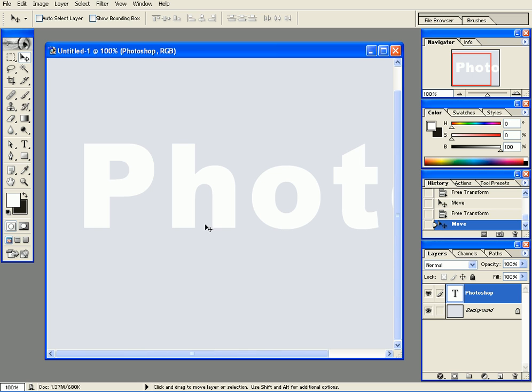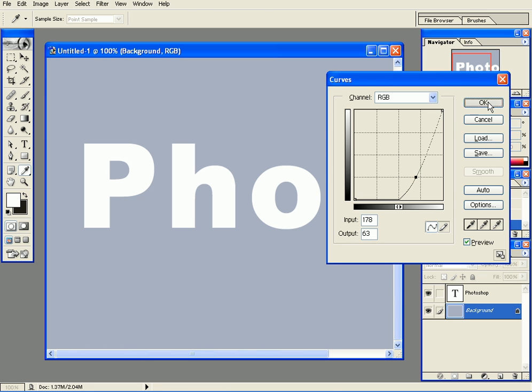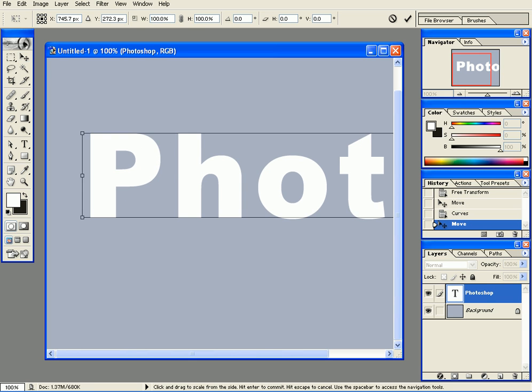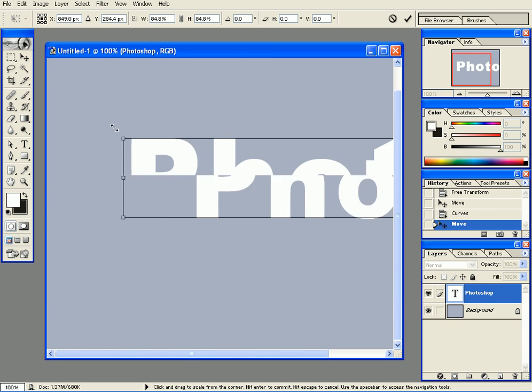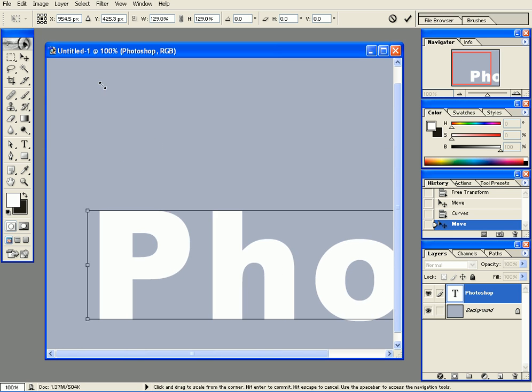Yeah, because the text in my case is white over a dark background, a bright background. So I'll decrease the brightness. Alright. So you see that if you grab this, scale it down or scale it up, no matter how much you scale it up, it will always be at a high quality. But